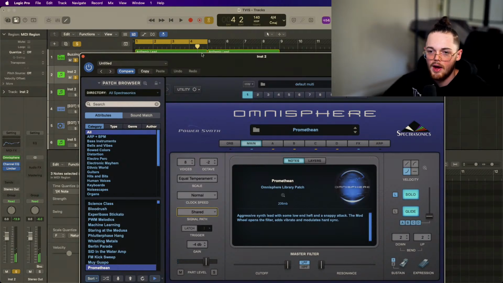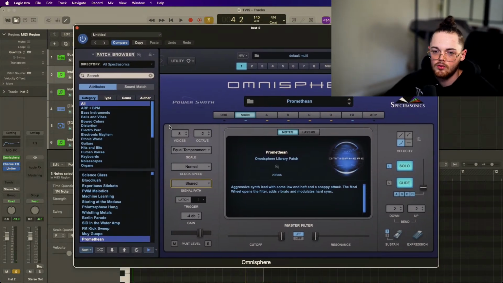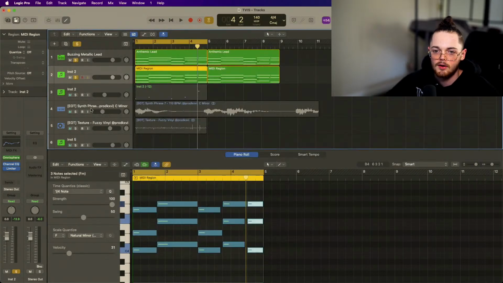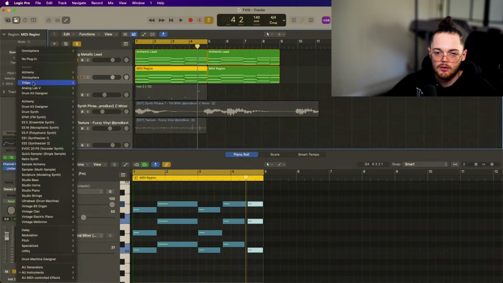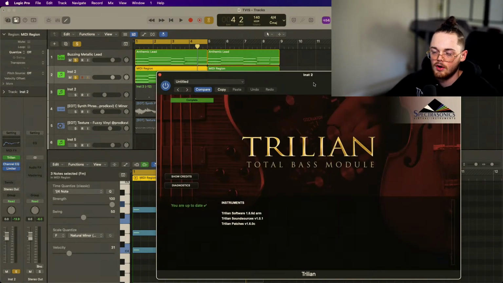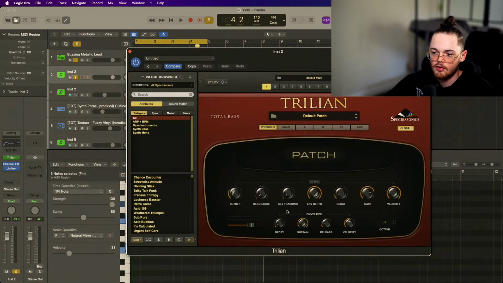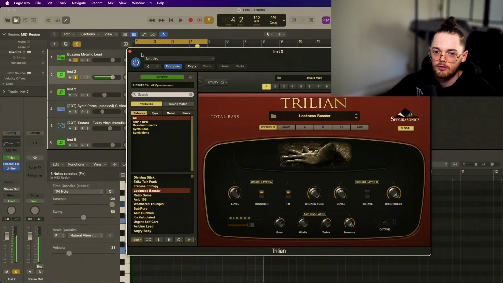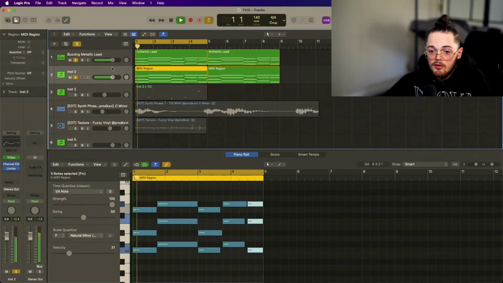So this is all power synths. This is called Omnisphere. This is a VST that a lot of producers use. And then I could even go to a whole different preset like Trillion. So Trillion is all bass. So this is an entire bass VST. So I could switch it to this, right? So now if I play that back,